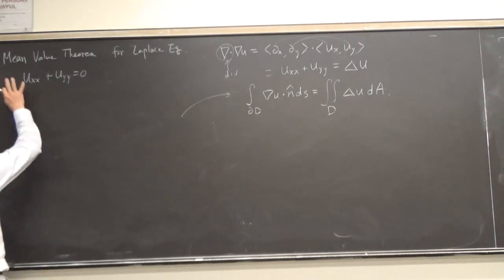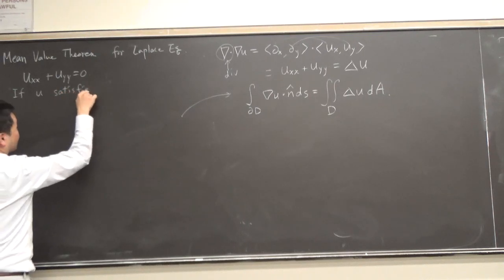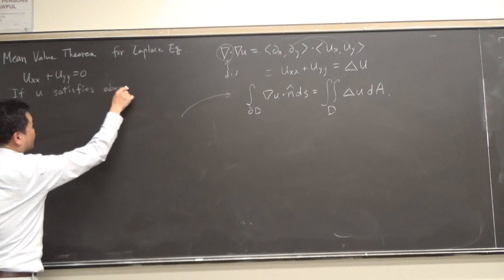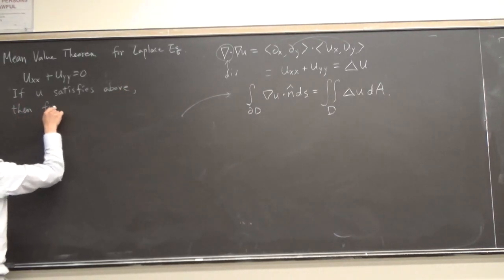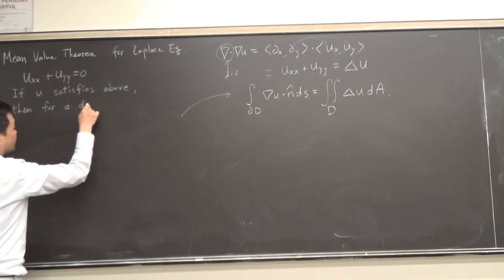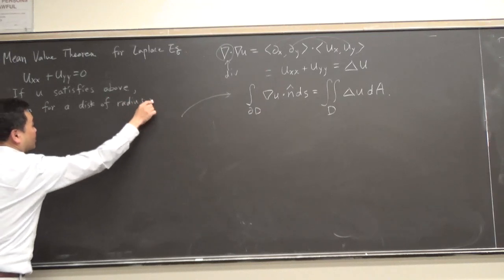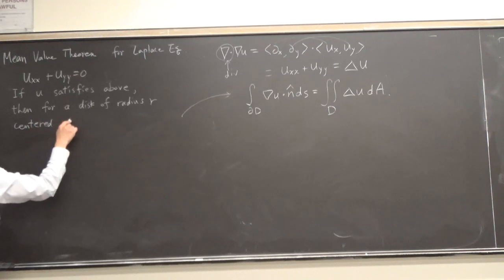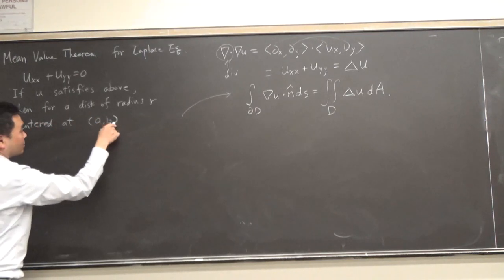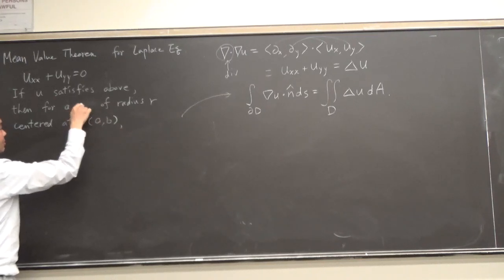So let's write down the mean value theorem for the Laplace equation. If u satisfies the above, then for a disk of radius r centered at a comma b, so I should say disk D, capital D,